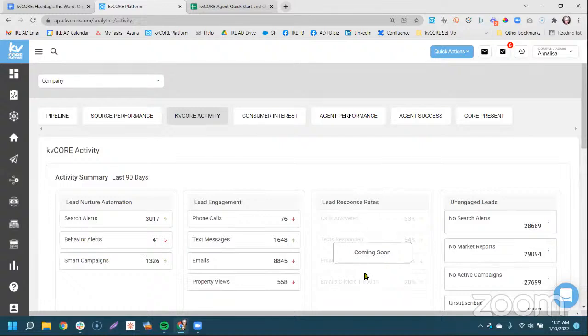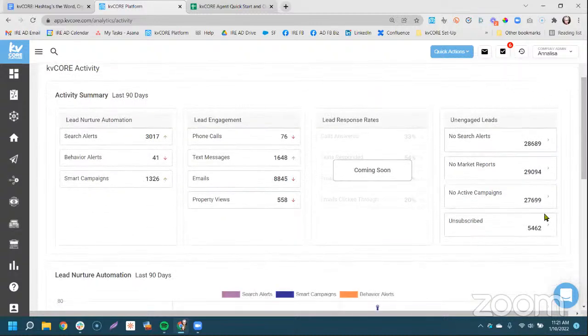Now, one thing to keep in mind when we're looking at this is I really, really encourage you to look at this unengaged leads section. Because this is going to tell you, okay, of all of the thousands of people in my lead database, who's not getting what? What information gaps do I have for my communication? So you can actually go in here and click on that little blue arrow. It's teeny tiny, but it's just to the right of that number.